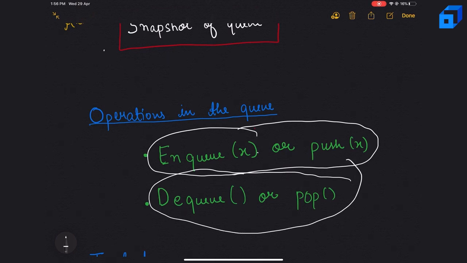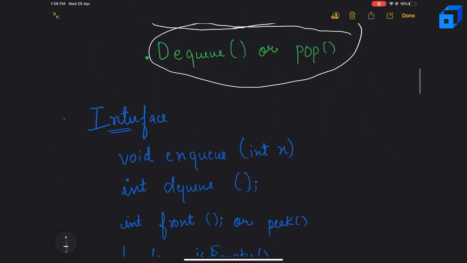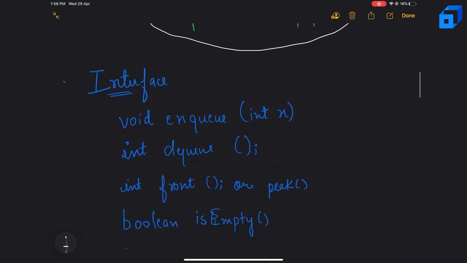Now, if I want to create an interface for the queue, how will it look? Let's discuss that. I need to support these functions. The first function is enqueue, which supports insertion. And the second operation is dequeue.